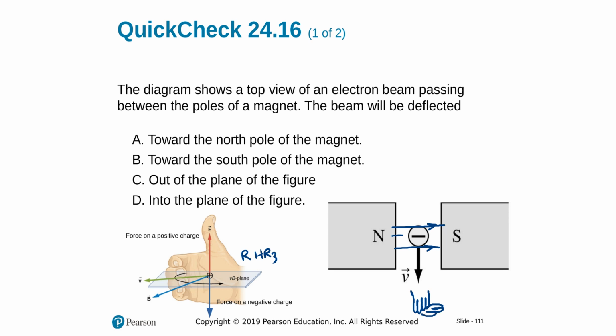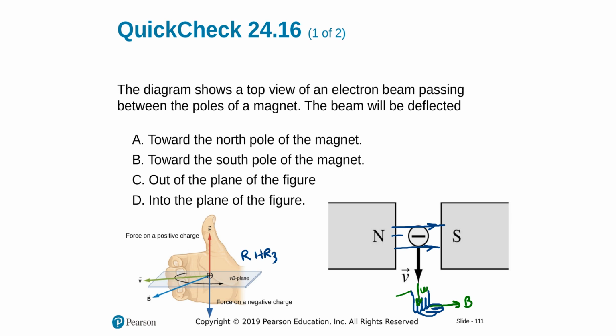So always, I roll my fingers towards the field and put my hand along the speed first. As I do that and open my thumb,